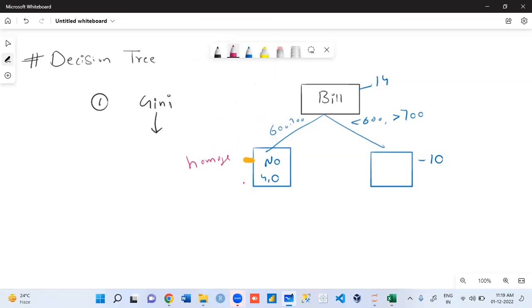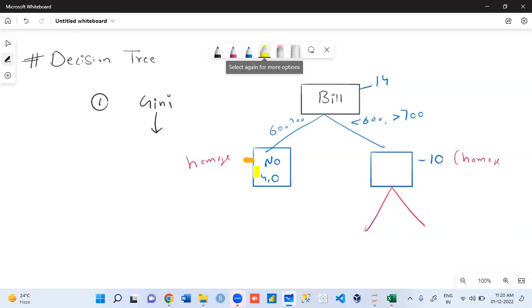Now you tell me, Akash, and if I have to split, this is non-homogeneous. Okay. If I want to split, from where should I split? Should I split from here? नहीं. कहाँ से split करोगे? 10 से. How many rows we will take, Rishabh, now? 10. 14 क्यों नहीं? Because वो split हो गया already. तो remaining कितने हैं? 10 rows. So from that 10 rows we need to split again.